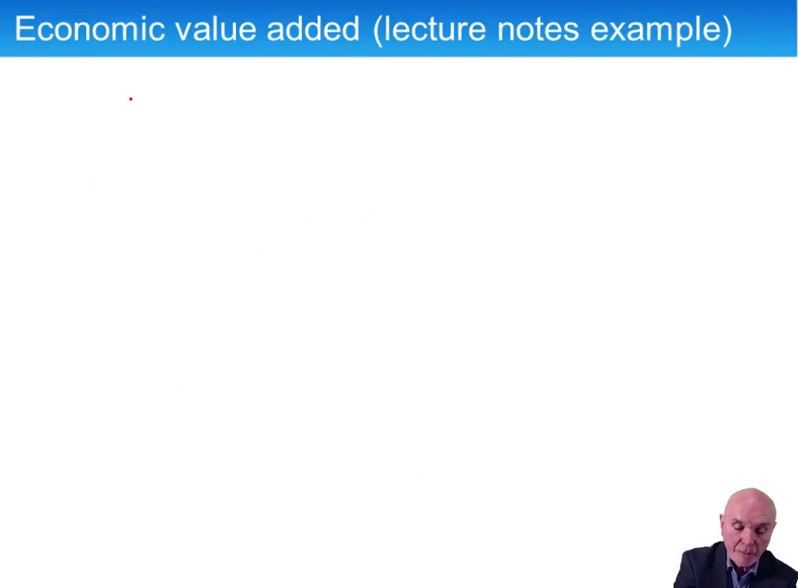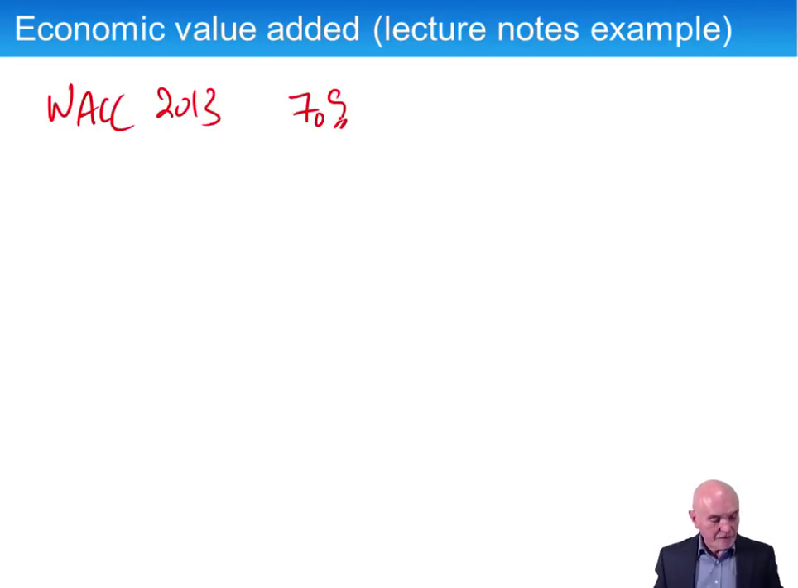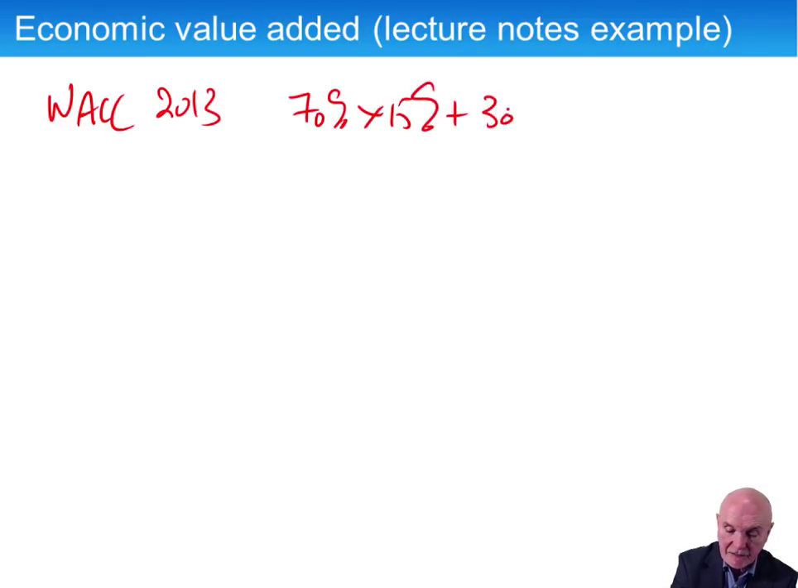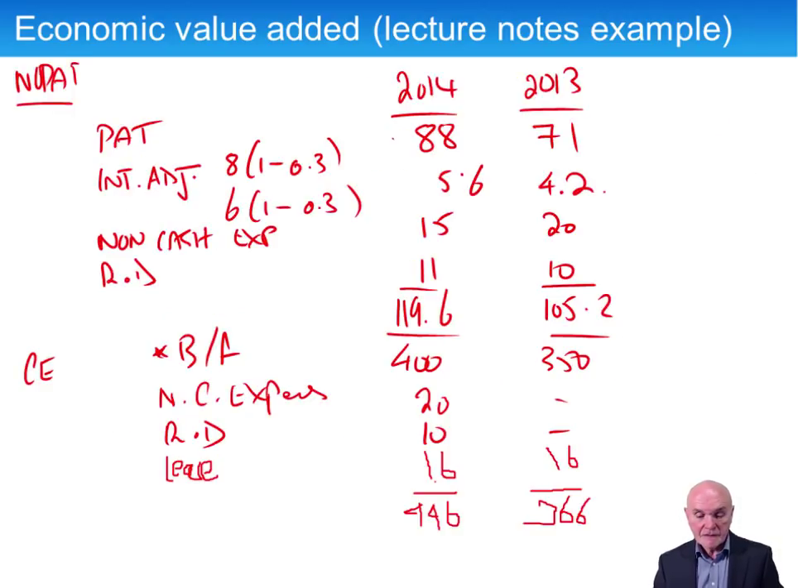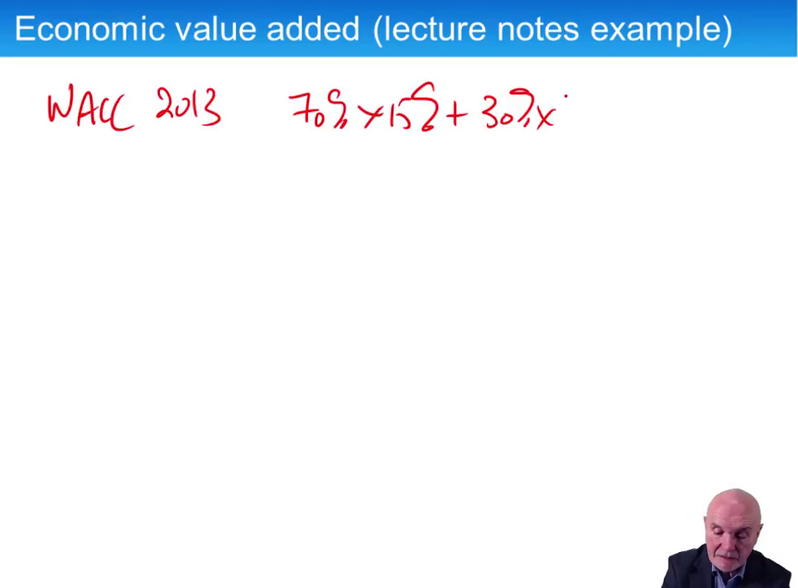So, weighted average cost of capital, 2013, we have equity 70%, and the cost of equity in 2013 was going to be 15%. And we have 30% as debt, and the cost of debt in 2013, and was it pre-tax or post-tax? Pre-tax cost of debt, 9%. Weighted average cost of capital takes the post-tax cost of debt, so it's going to be 9%, less the 30% for tax. So we're really going to be looking here 30%, times 9%,